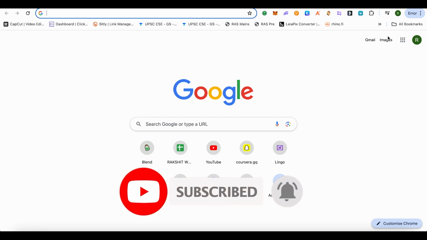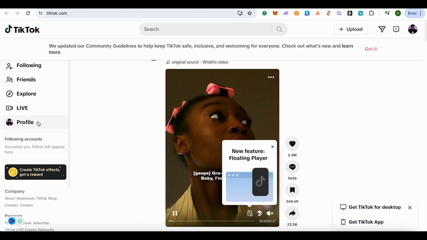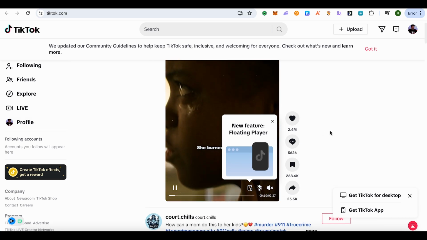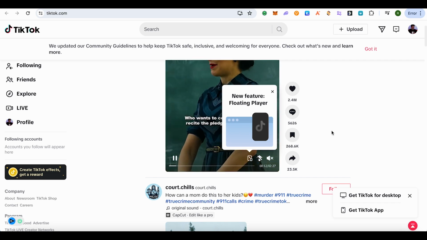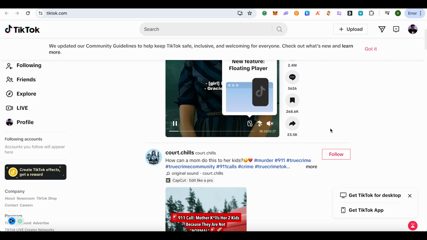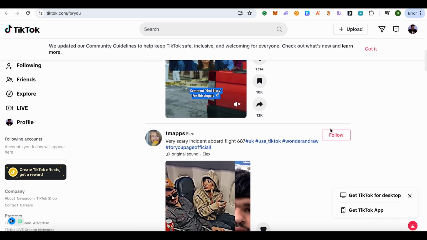Let's see how we can do it. For this, just simply open up your TikTok, then click on your profile, and there you would be able to find the three lines at the top right hand side corner. Simply click on it, then you would be able to see the option of privacy and settings. Then just simply click on it, and after that scroll down, and after that you would be able to find